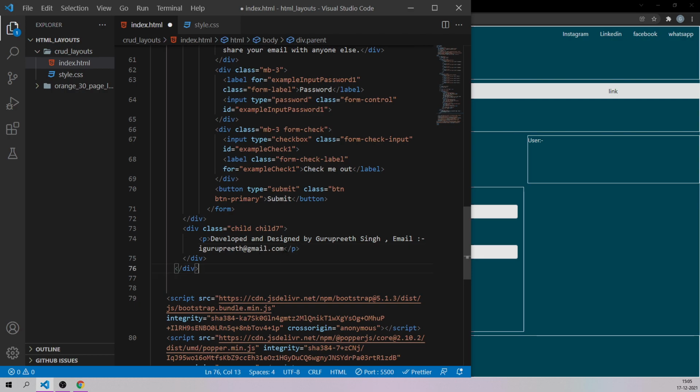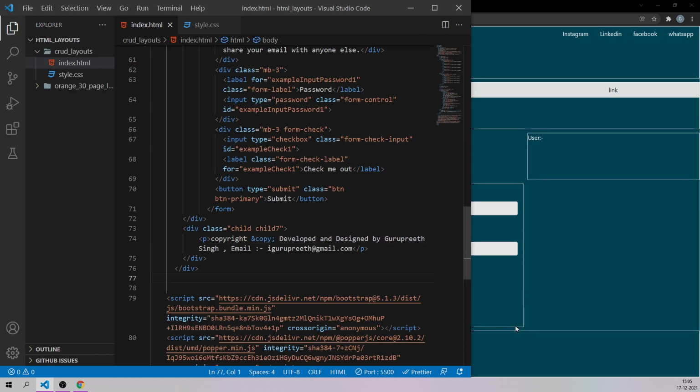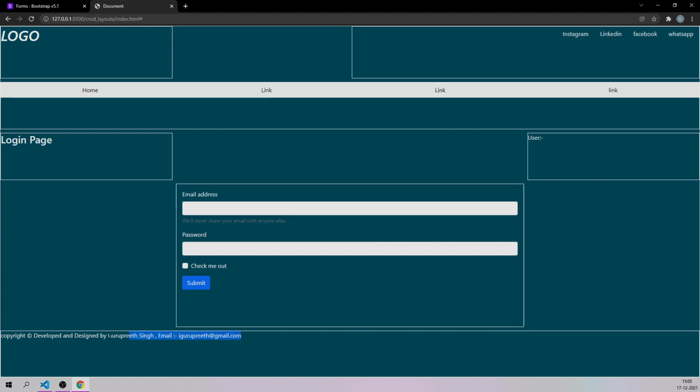And let's have the copyright symbol. Let's say copyright belongs to, ampersand copy semicolon, like this, and you'll be able to see that particular footer.